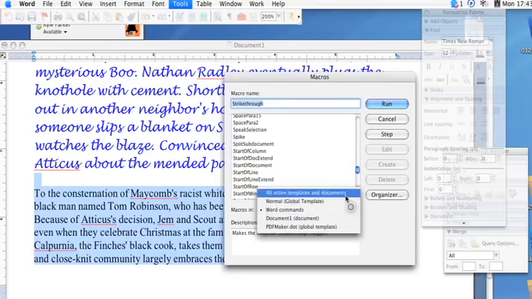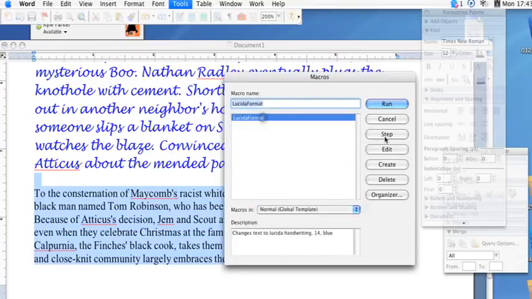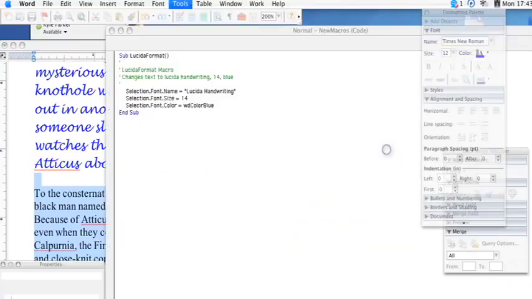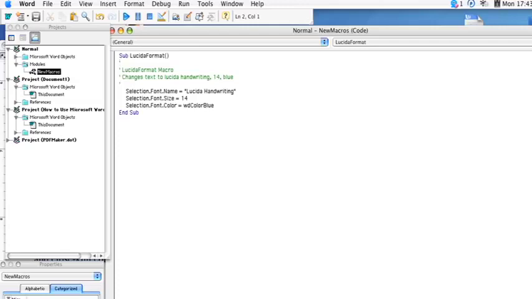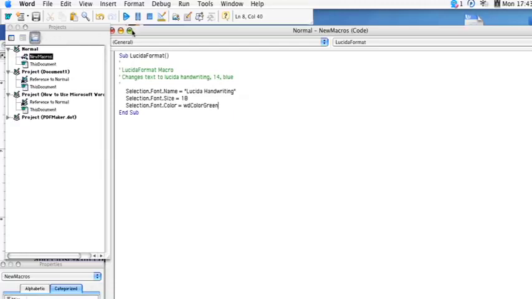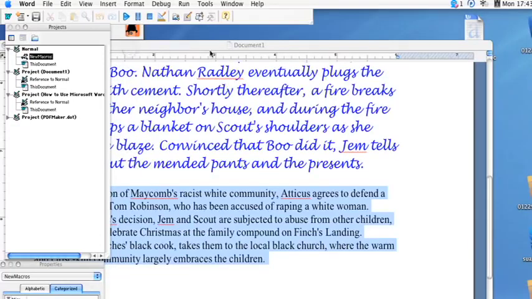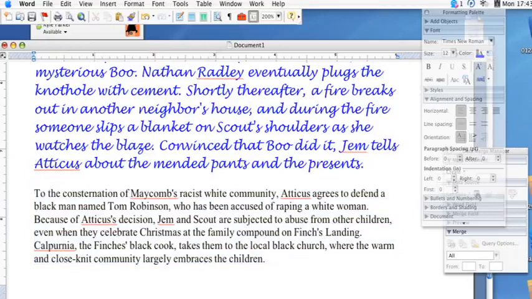And that's where you can also now delete this or change the settings of it, and this will bring up Visual Basic, which lets you manually go into the code and change your macros to whatever you want. So you could change it to like 18 or color, and then you can change it to green, say, and then whenever you're done you'll simply exit out of that, go back, and then whenever you go to run your macro again,